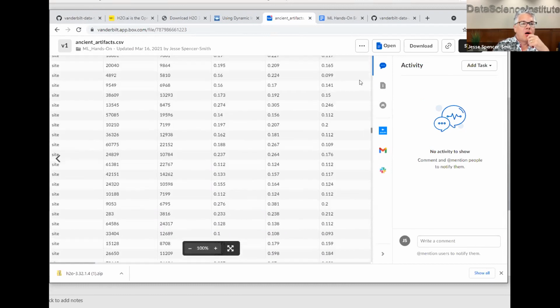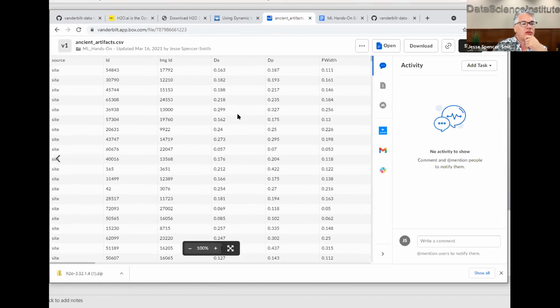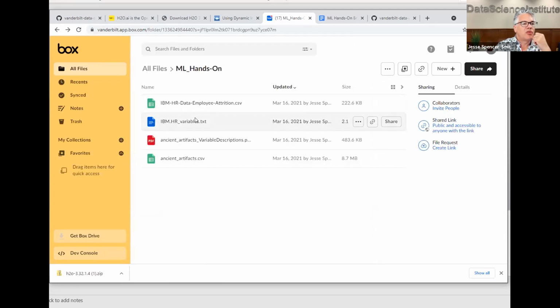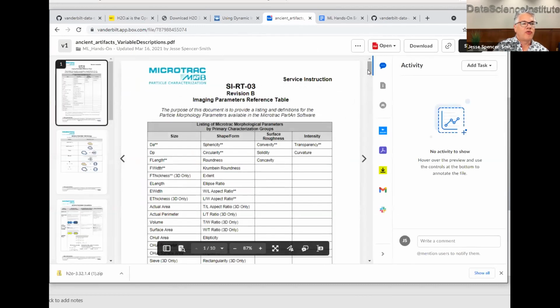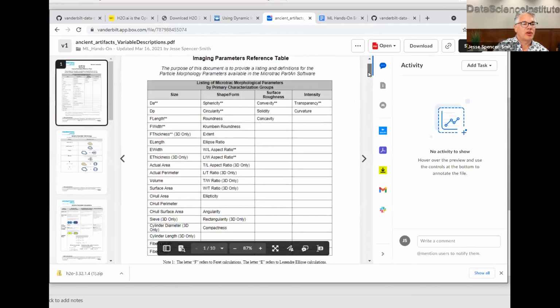And then here are all the different measures that it takes. So you can keep on going across here and see all the different measures. Matter of fact, you can even see all the different types of measurements that you can get out of this by clicking on this one that says Ancient Artifacts Variable Descriptions. And this will describe all the 40 different types of measurements that it takes.